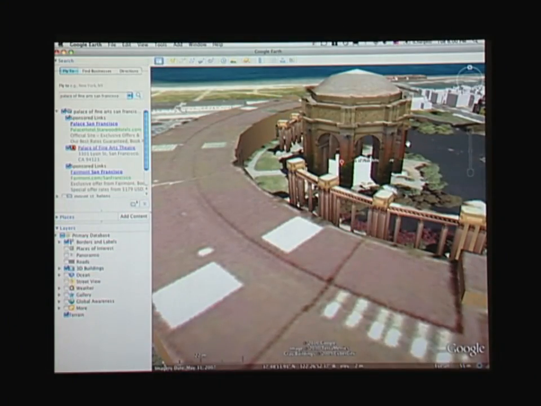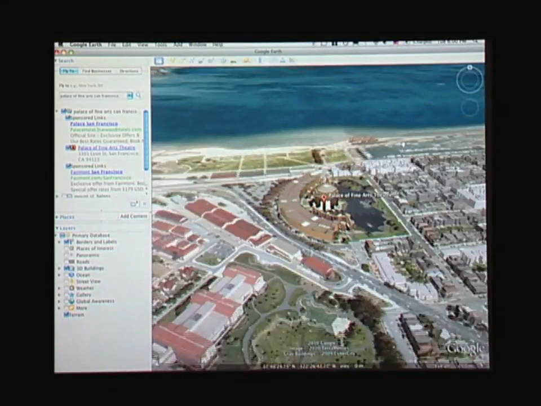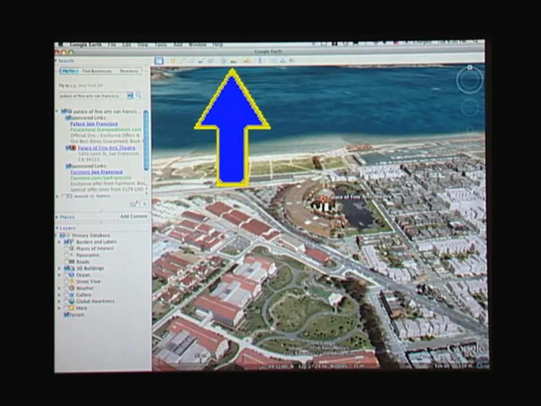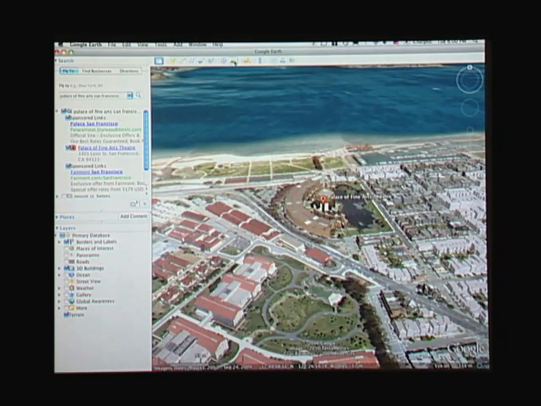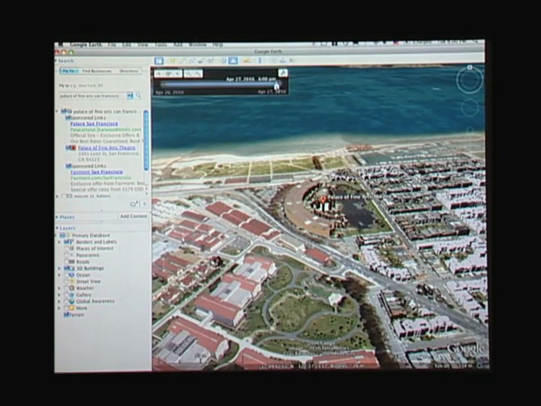So quickly, I want to take a look at a couple of things that we haven't taken a look at yet on the toolbar. This one has a picture of a sun and a mountain on it. Basically, if I click on that, I'm going to be able to get a view of what it looks like when the sun is shining or not shining on a particular place. So right now, our little time scale slider up here says that we are at 6 p.m. Pacific time. And let's say that I take that slider and I slide it back